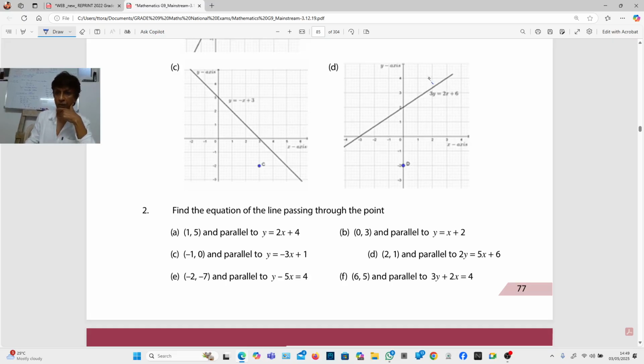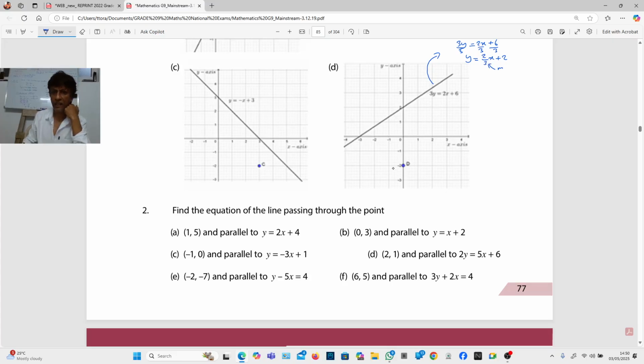So for this one, I have the equation of the given line is 3y = 2x + 6. Now what we can do is divide by 3 on both sides. If we do so, the equation is going to be reduced to y = 2/3 x + 2. Now the gradient obviously here is